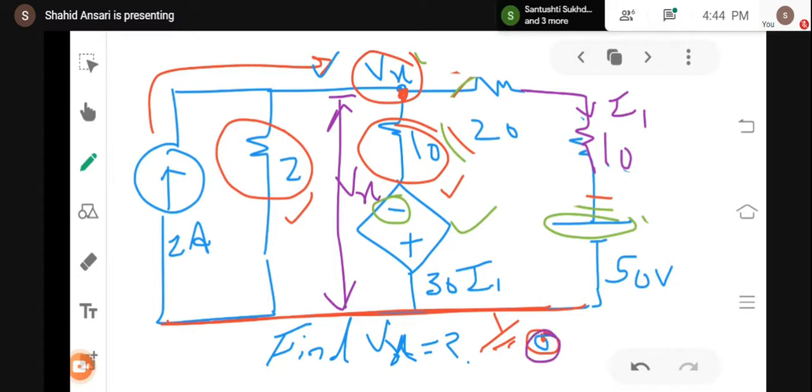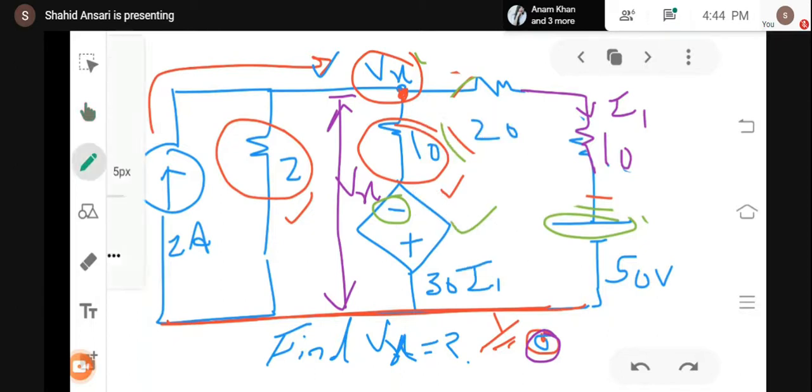If suppose we have chosen this voltage of reference is 3 volt, for example, then I would have to write here Vx minus 3. But this is not the case. We have chosen reference voltage is 0 volt. That's why I can write Vx minus 0, which is equal to Vx, meaning complete voltage across this particular branch is Vx.